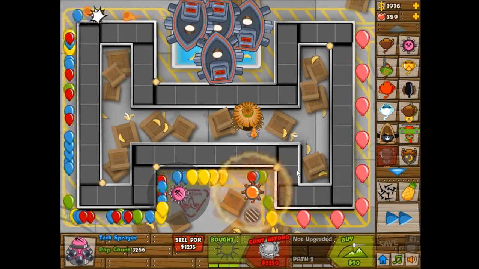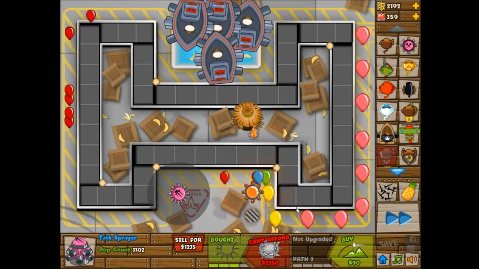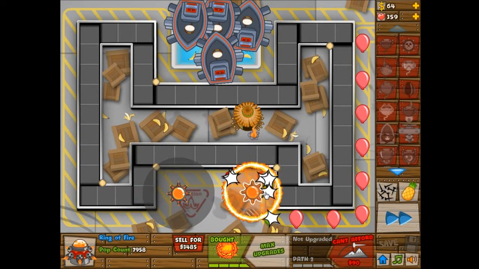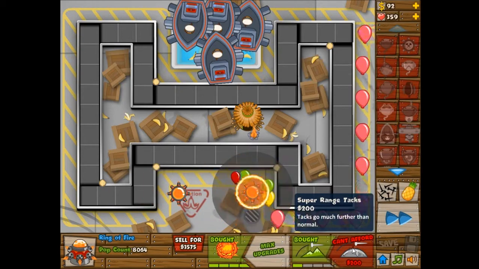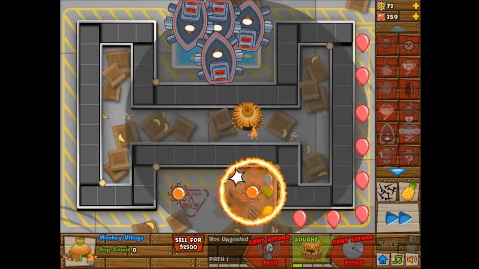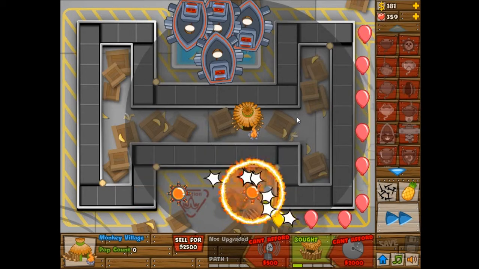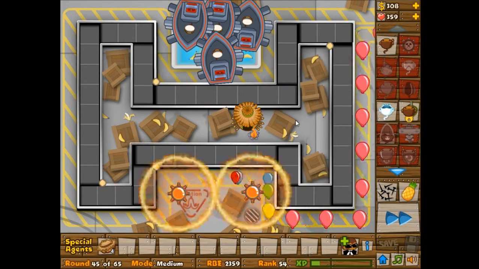I'm not sure how you would describe that. It doesn't have as good crowd control, I guess you could say. But the pinks are no problem. The Ring of Fire can almost pop it on its own. So that's good. And maybe I should increase the range, because it's such a small increase, but it is a really cheap upgrade. So yeah, there's that. And I can always give the Monkey Beacon a try. That would be nice. Oh, that's right, it's round 45. Okay, so...